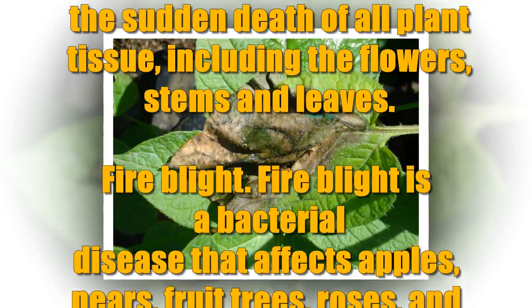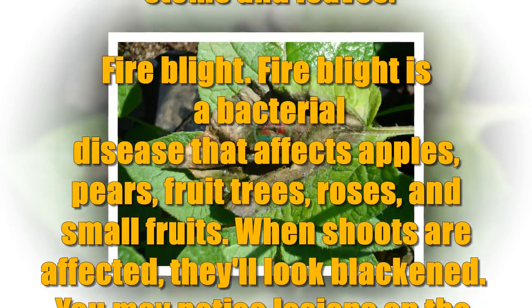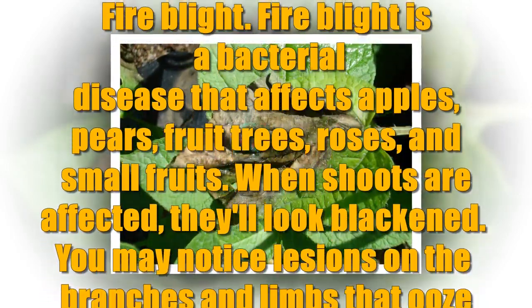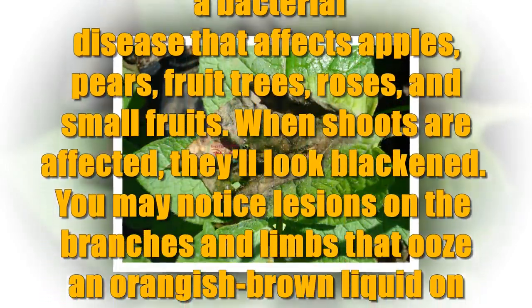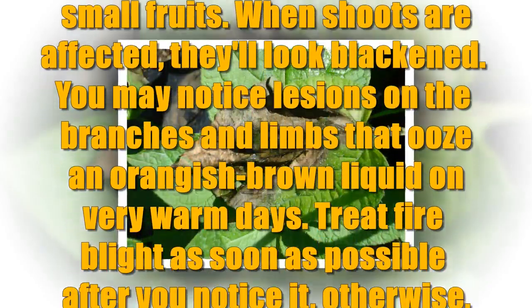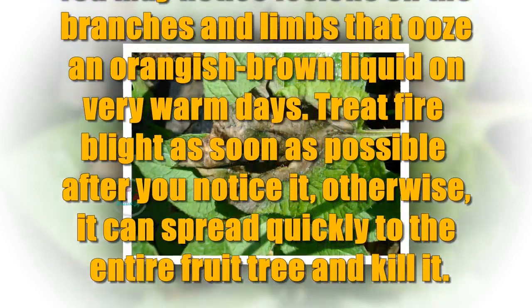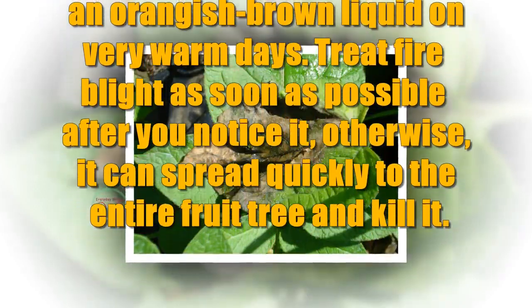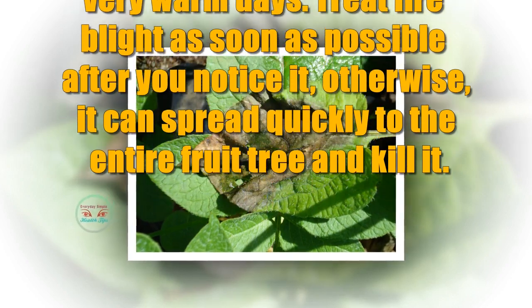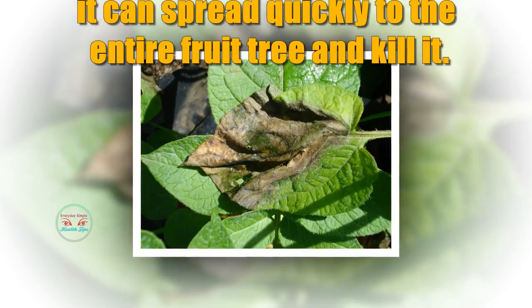Fire blight is a bacterial disease that affects apples, pears, fruit trees, roses, and small fruits. When shoots are affected, they'll look blackened. You may notice lesions on the branches and limbs that ooze an orangish-brown liquid on very warm days. Treat fire blight as soon as possible after you notice it, otherwise, it can spread quickly to the entire fruit